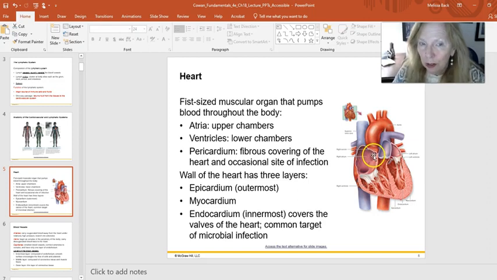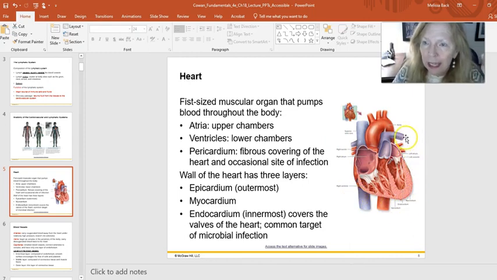The tissues of the heart: we understand the endocardium is the lining of the chambers of the heart. The myocardium is the muscle layer, and the epicardium is the outermost layer of the heart. The heart itself is in a sac, and that's not shown here on this illustration, but it is a very